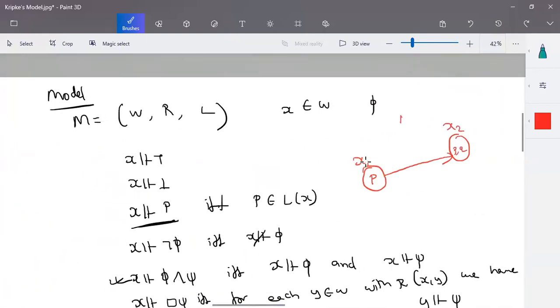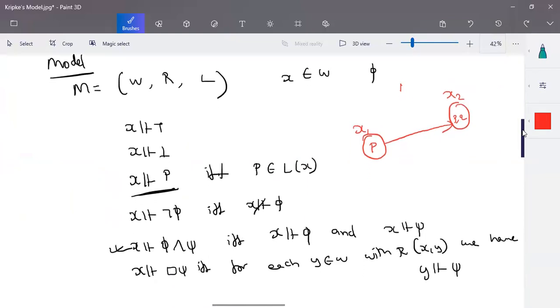Okay, the world actually consists of X1, X2, and the relationship is there as (X1, X2). We have a relationship between X1 and X2 defined. Okay, the transition is available. So when you write it as